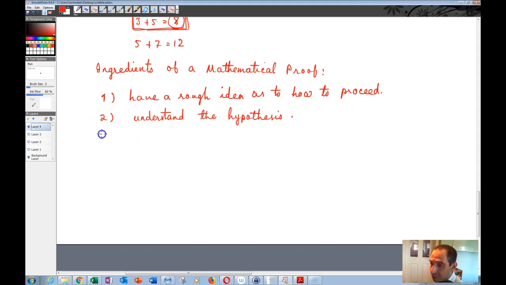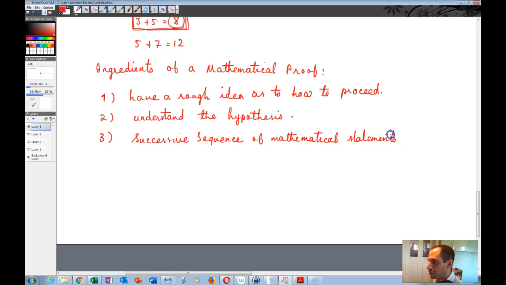And then number 3, or part 3 of the ingredients of the mathematical proof: a proof is made up of a successive sequence of mathematical statements. Each statement in a proof